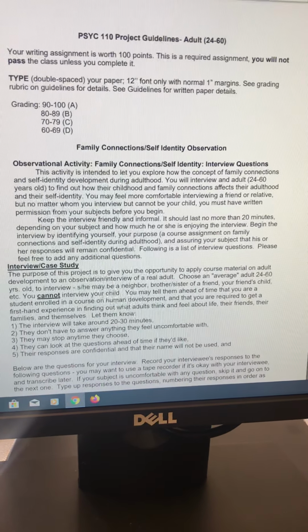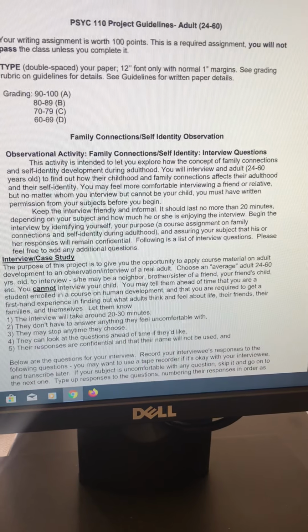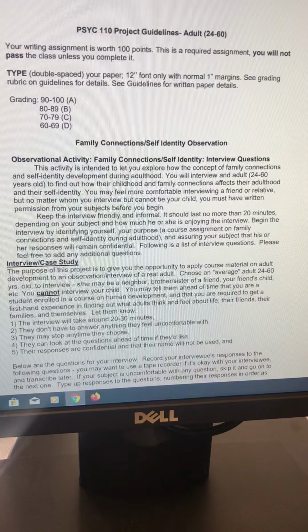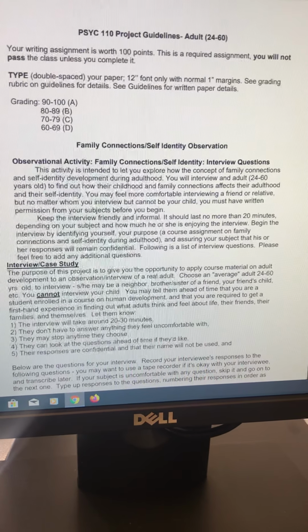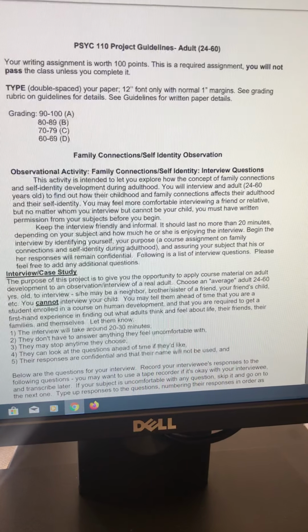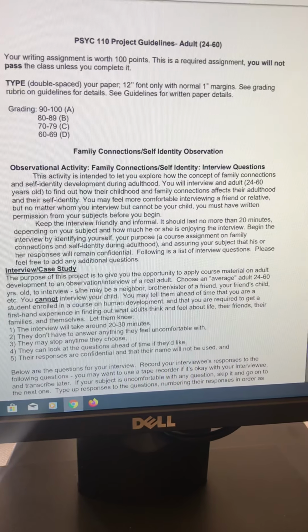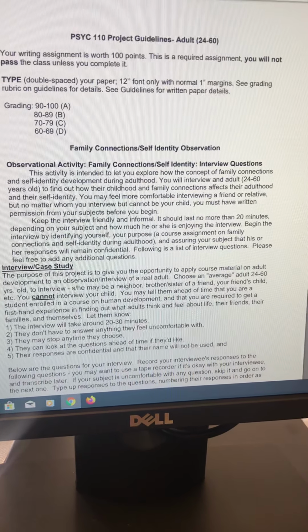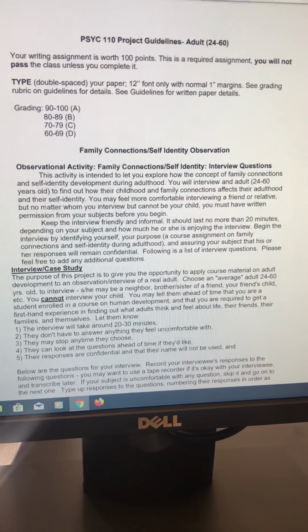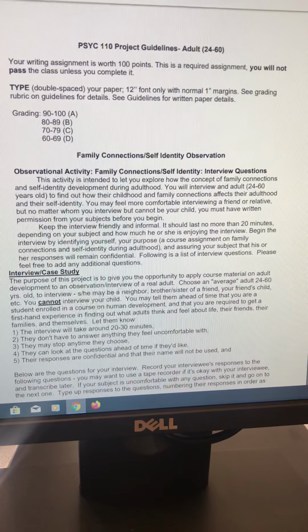The other interview already went over the procedure and the format of the paper. So I'm going to focus more on the interview, the interview observation, and how to do the summary part. What you need to know about the adult: if it's someone you know, it's usually a bit easier to interview them. It's going to take about 20 to 30 minutes. I want to know about the environment, where you're at.